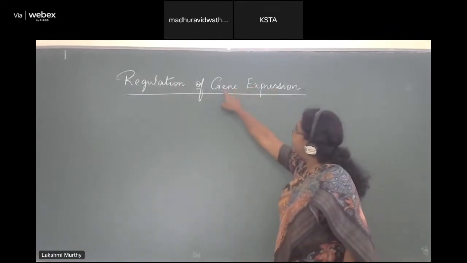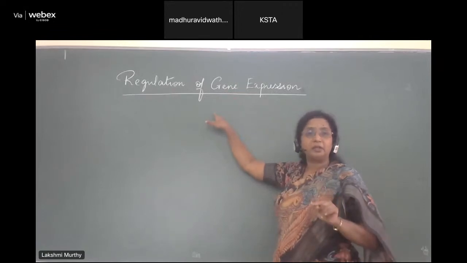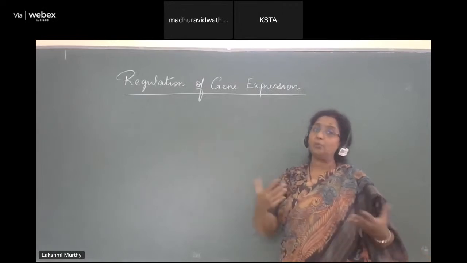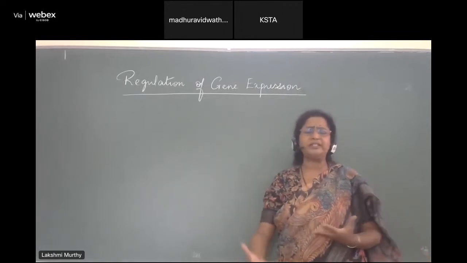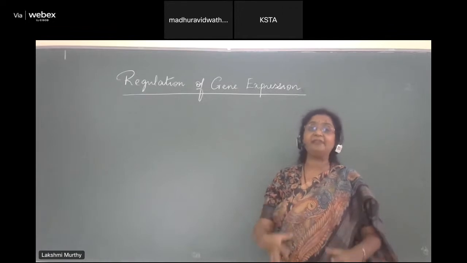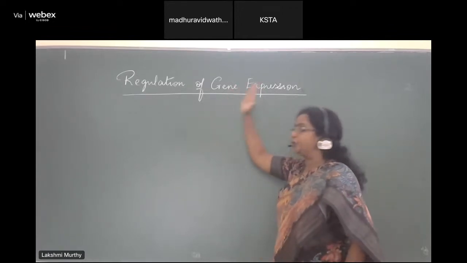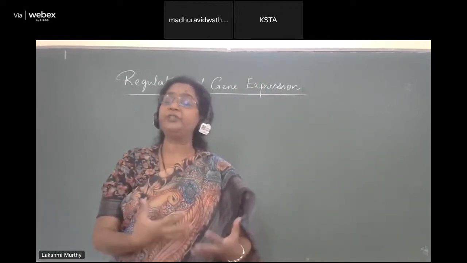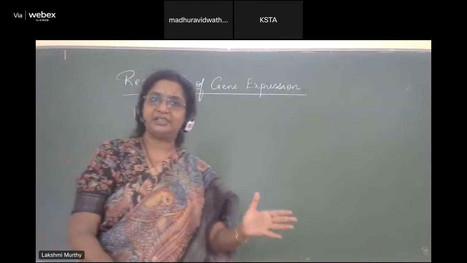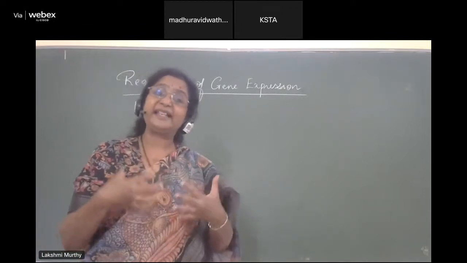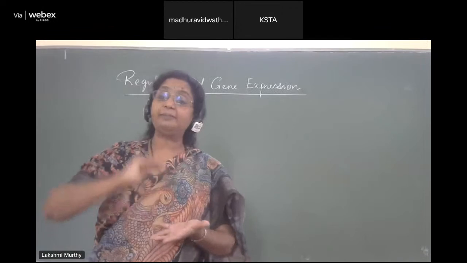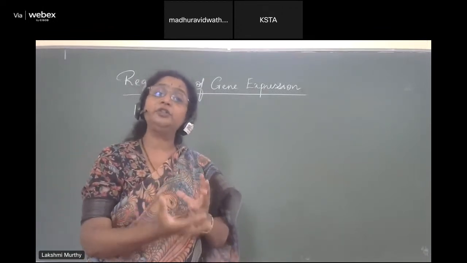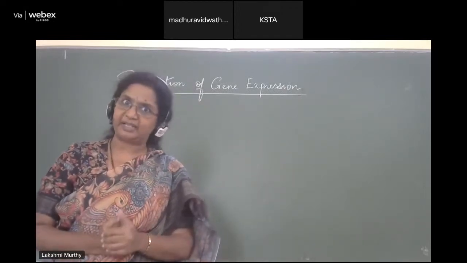Expression means that the gene is going to be read, it is going to undergo transcription and translation, and finally the product is made, which is a polypeptide that is later folded, etc. We have to make sure that we do not produce that particular polypeptide. That kind of decision, that I will not manufacture this polypeptide, or I am going to make less or more of a polypeptide, is where we regulate or control how the gene is going to be expressed.